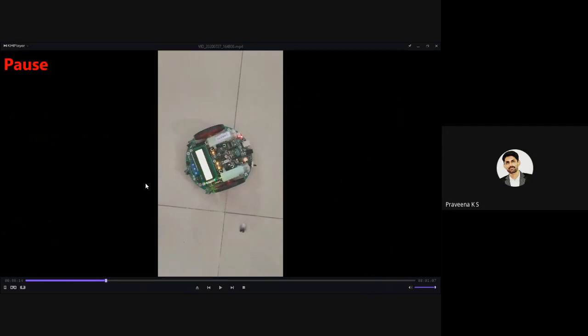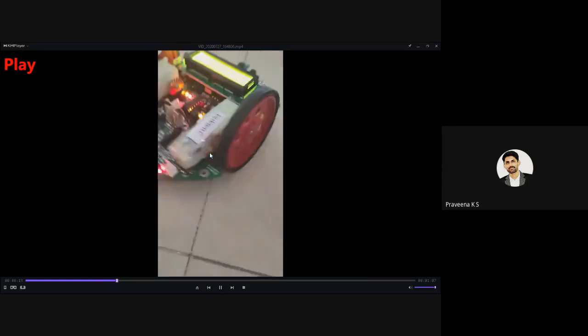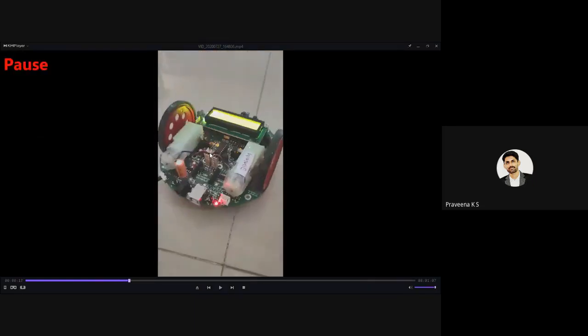See, in case you can observe, in the forward direction both wheels are moving forward. Then backward, both the wheels are moving in the backward direction. Then left, sorry, right, hard left. See the place where it is turning around. Then the right direction, hard right, it is moving in the hard right. If you observe the place it is standing, from there only it is taking the turn, right?